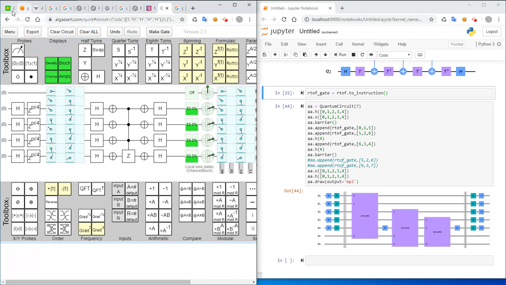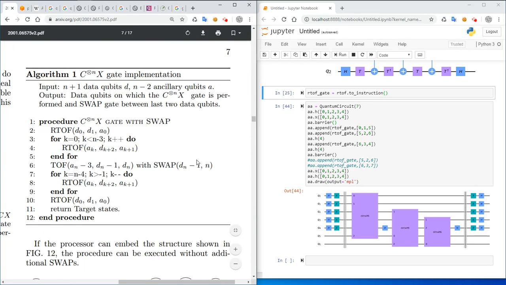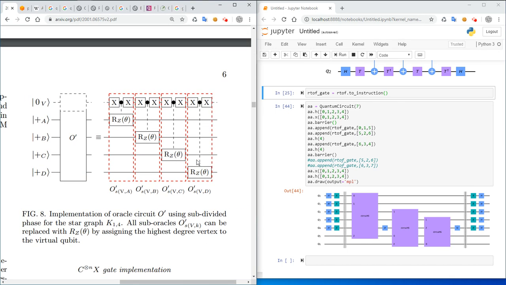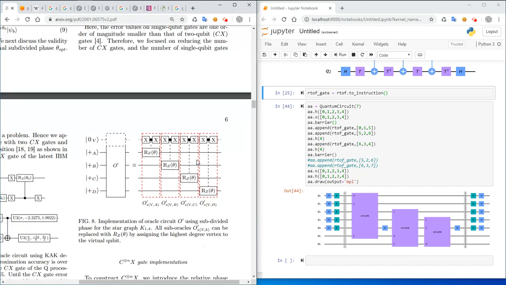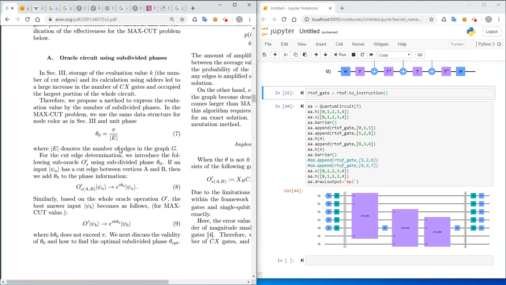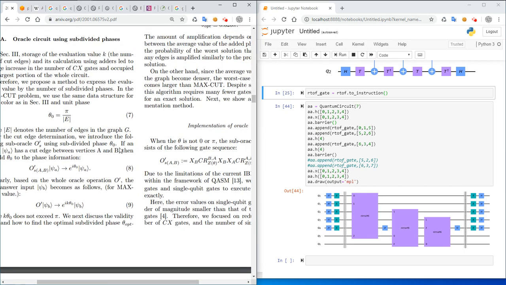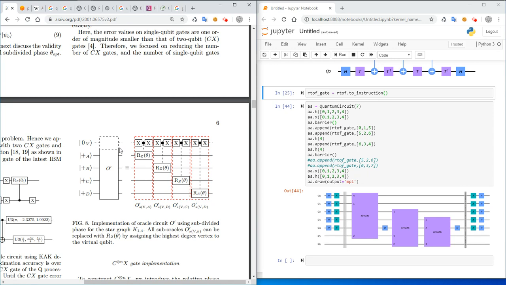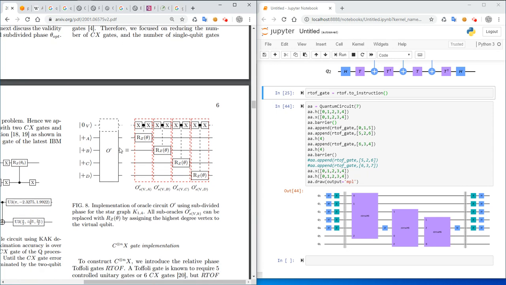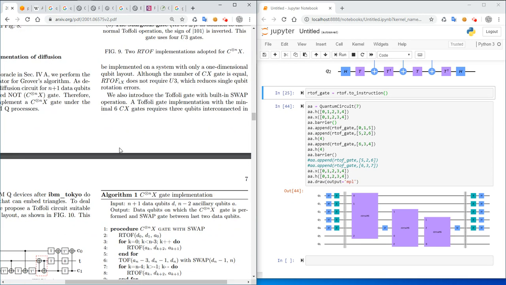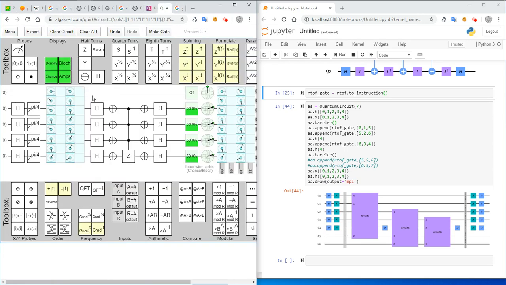Because that's really what it is, right? What that circuit is, it's rotations of that angle, pi divided by 4. And then amplitude amplification. If I apply this whole thing twice,